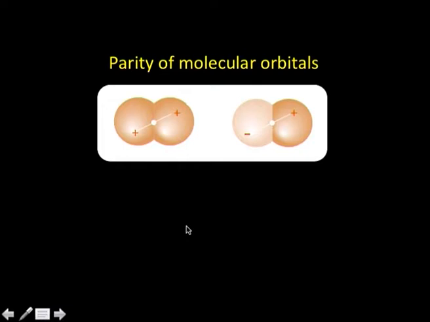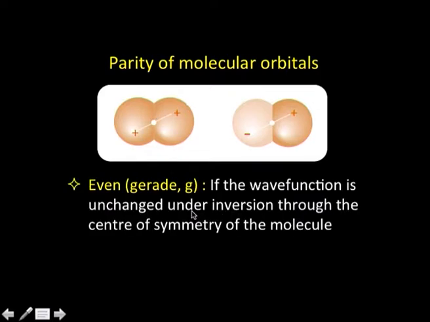Let us understand that. When you talk about molecular orbitals, they are nothing but wave functions. If the wave function of a molecular orbital remains unchanged under inversion through the center of symmetry of the molecule, that is, if I invert it and the wave function does not change, we call it an even function. The parity happens to be even, and it is called gerade,